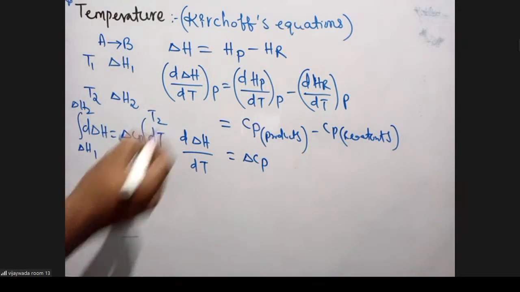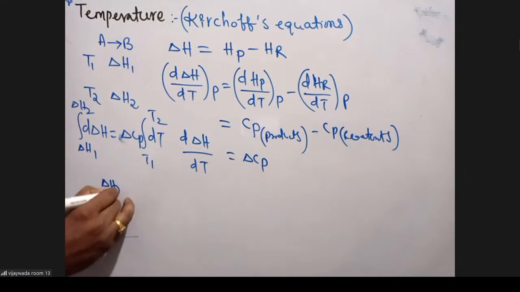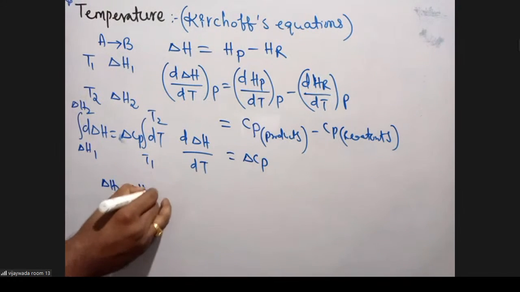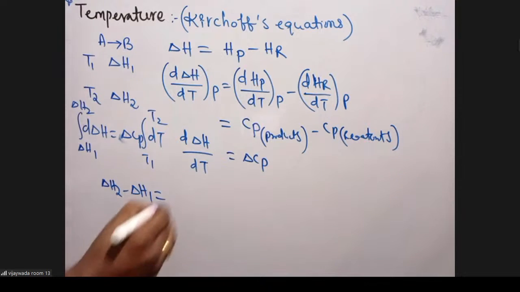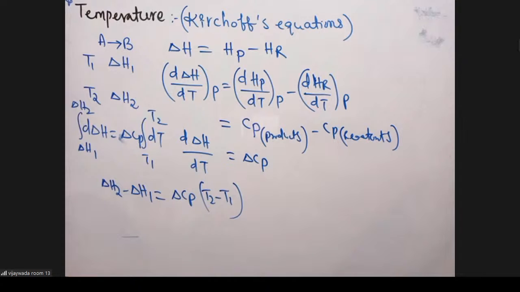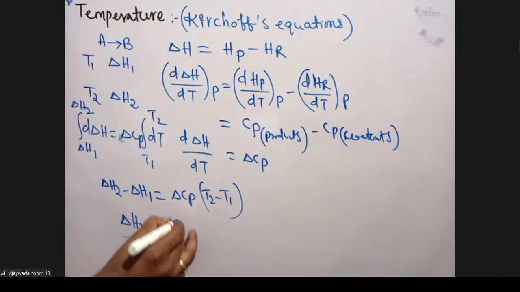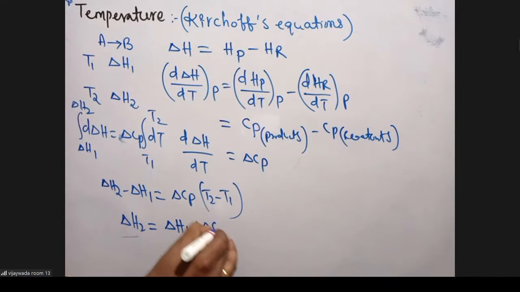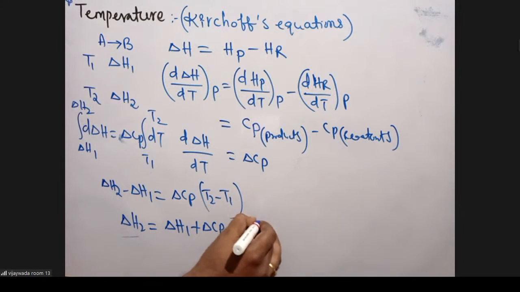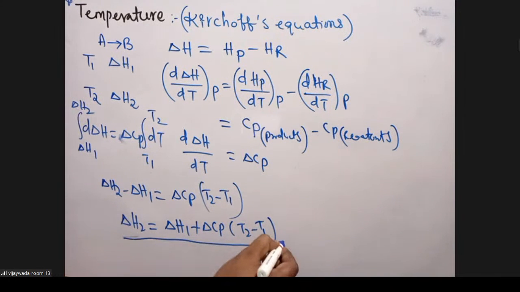and T1 to T2 temperature, where delta Cp is constant for a chemical reaction. Then it is delta H2 minus delta H1 equal to delta Cp into (T2 minus T1). Now new delta H2 equals delta H1 plus delta Cp into (T2 minus T1). Students, with the help of this equation, we can find